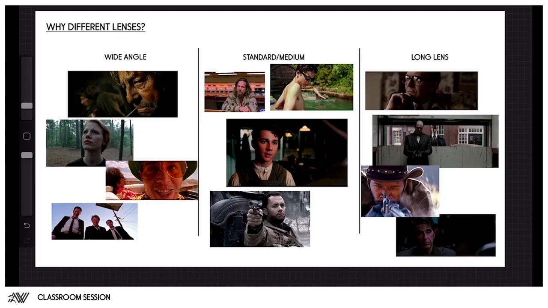All right, so jumping right into it, why do we use different lenses? Well, the thing is, as storytellers or artists, whether that's cinematography, photography, 2D artists, doesn't really matter, we're always trying to make our audience connect with what we're displaying, whether that's emotionally or personally or visually. We're always trying to convey a certain feeling, okay? And so we can do this in a number of different ways, as you all know, right? We can do that through mood, color,